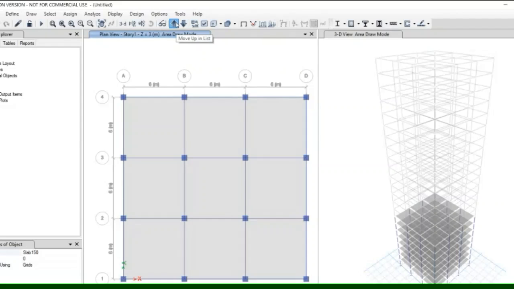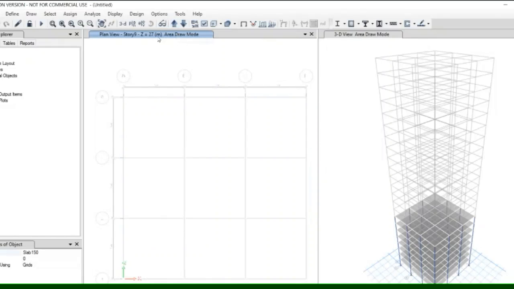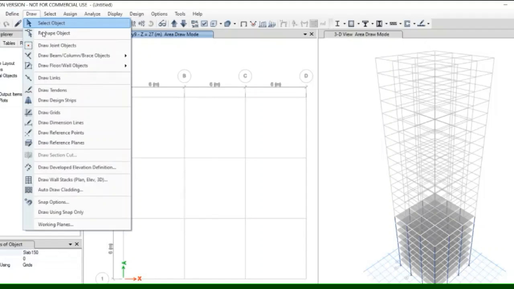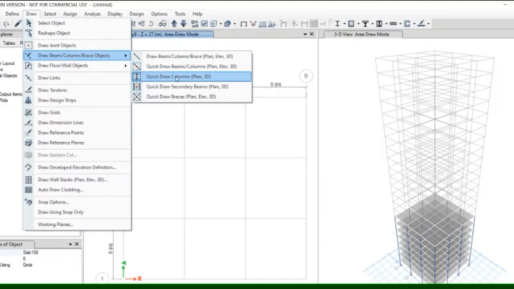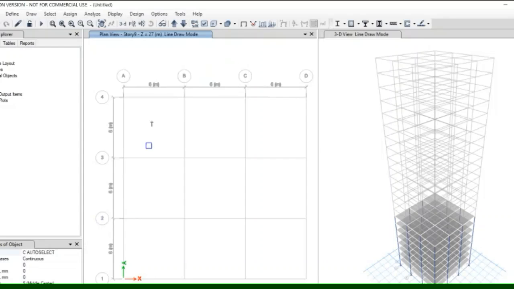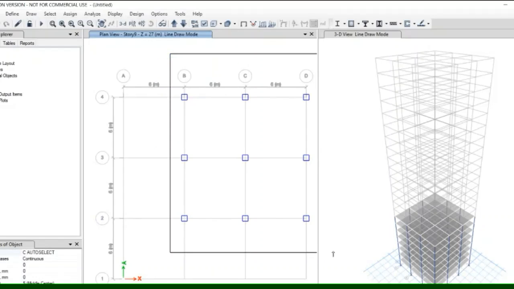For the different story, go to the second section, go to story number 9. Here we will apply column, beam and floor as desired. Go to quick draw beam, quick draw column, and drag.